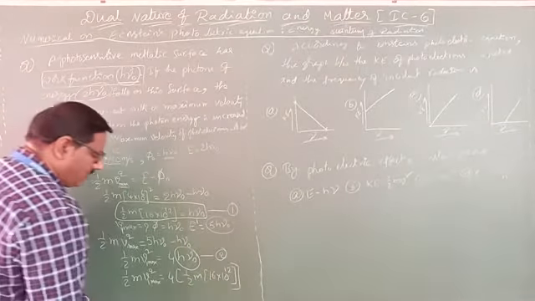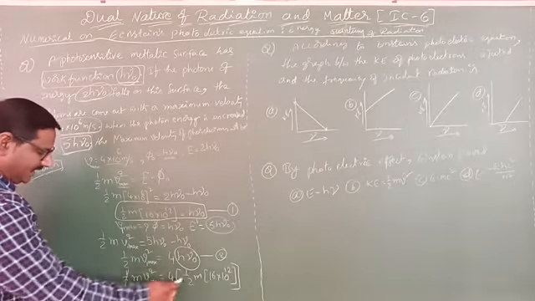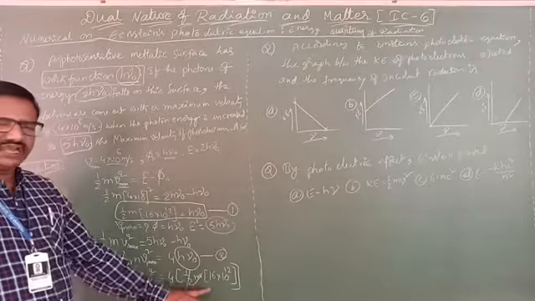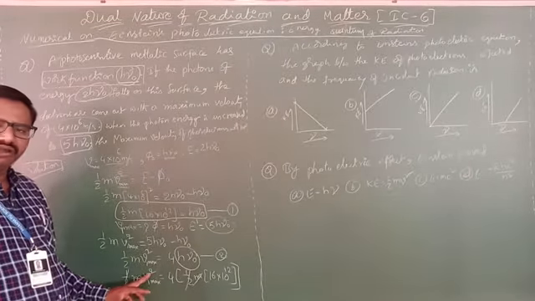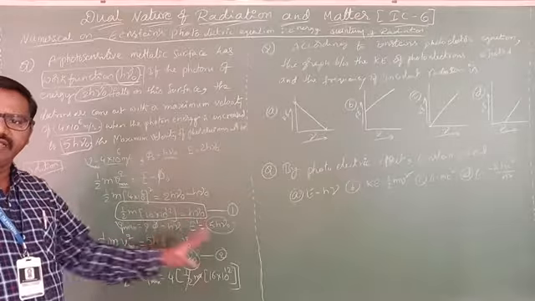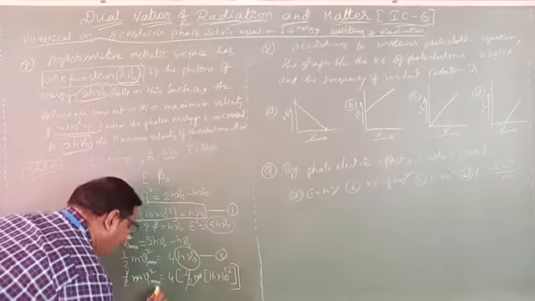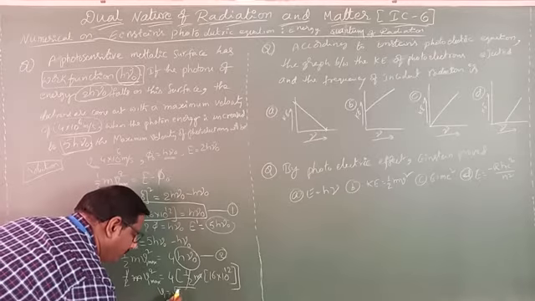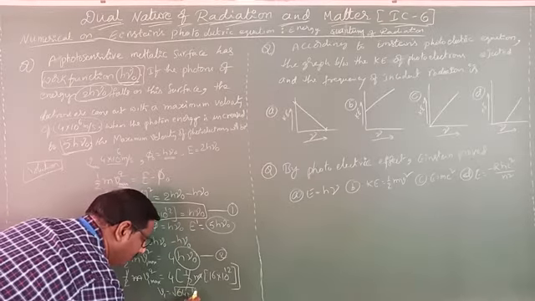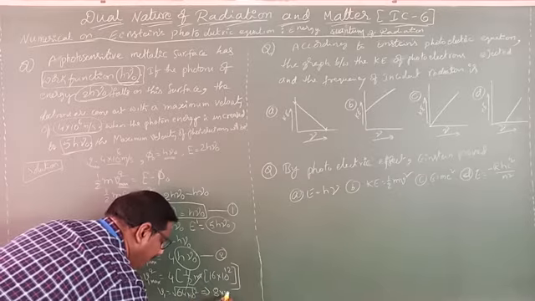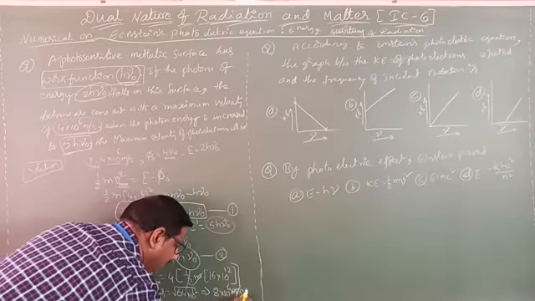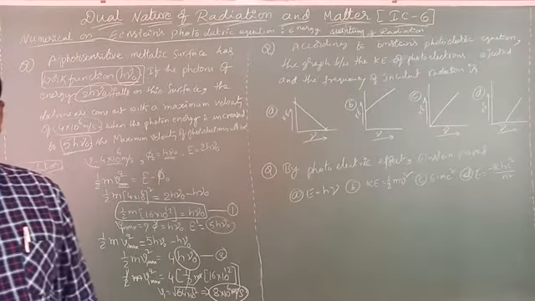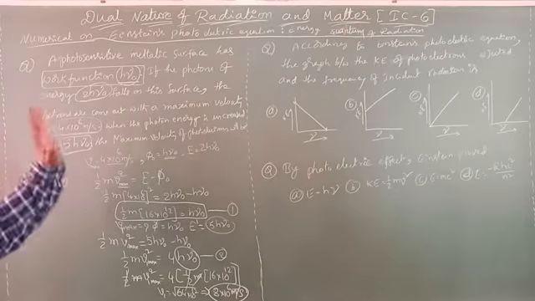Now half m will get cancelled. Then 4 16s are 64. Now V1 square equals 64 into 10 power 12; taking the root, V1 equals root of 64 into 10 power 12, that means 8 into 10 power 6 meter per second. What value did we get? 8 into 10 power 6 meter per second. This is the first result.